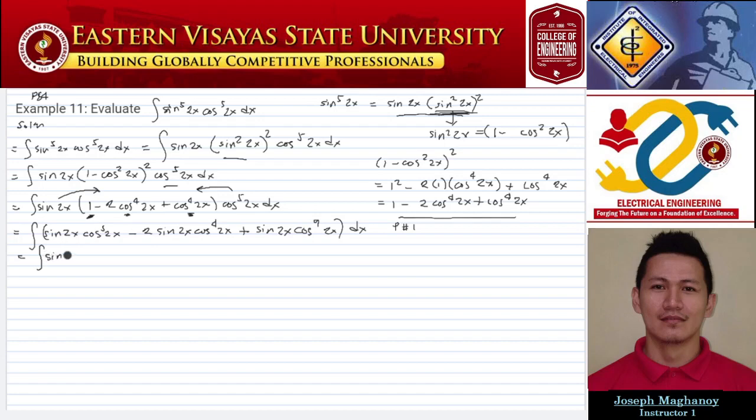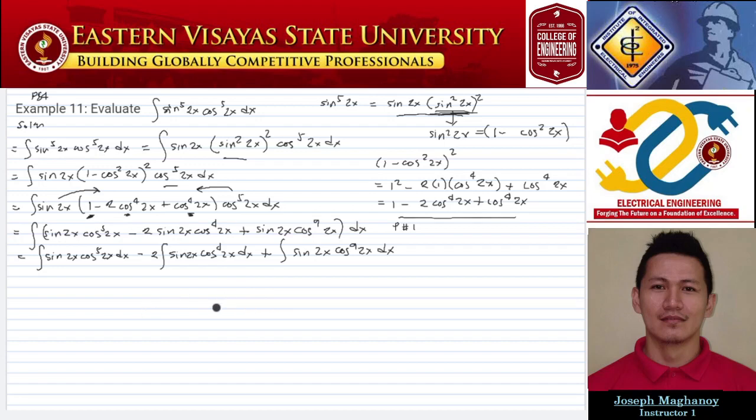Okay. So we apply the integral of sine 2x cosine to the 5th 2x dx, minus, we have a real number constant, we carry it outside the integrand, so sine 2x cosine to the 4th 2x dx to complete our function, plus the integral of sine 2x cosine to the 9th 2x dx. Okay, so our next step is to